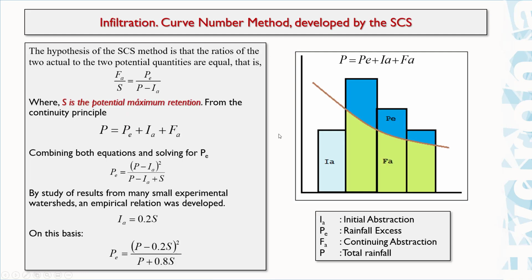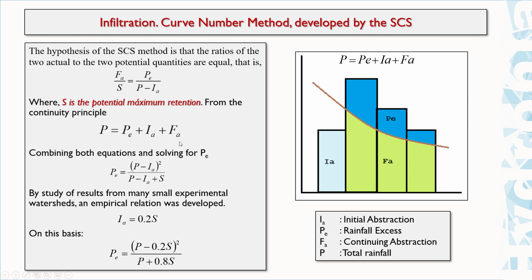Well, that's the application of the Green-Ampt method. Another methodology that you are probably very familiar with is the curve number methodology developed by the Soil Conservation Service. In this methodology, the hypothesis is this relationship that we have here, where S is a very important parameter because it is the potential maximum retention. And this value is very important, and also this continuity equation,